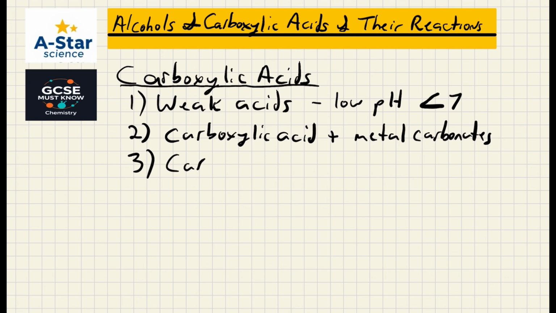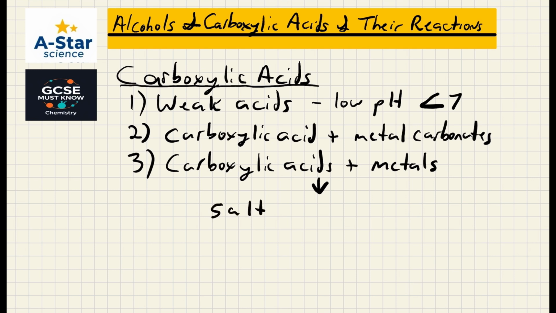We can get carboxylic acids. Again, just like we said, they're weak acids, and they can react with metals, especially the reactive metals, such as sodium and magnesium. And that's going to give a salt, because acids plus metals give a salt plus hydrogen gas. Okay, so for example, again, if we take ethanoic acid, common name vinegar, and we react it with sodium,